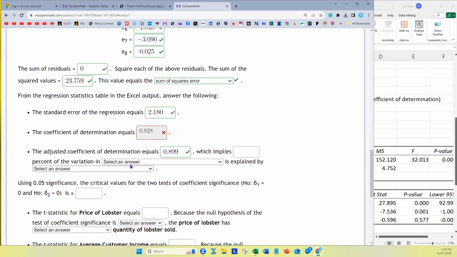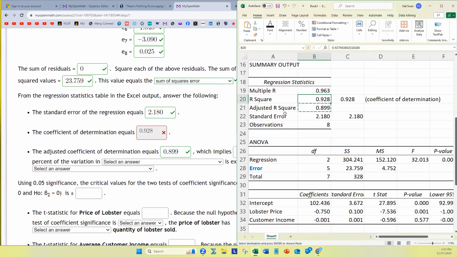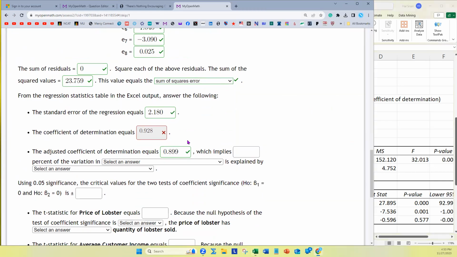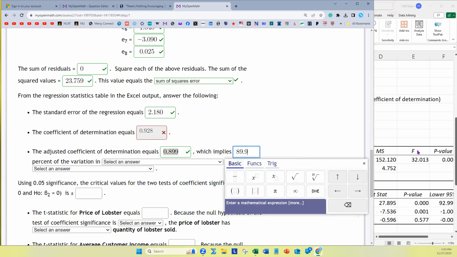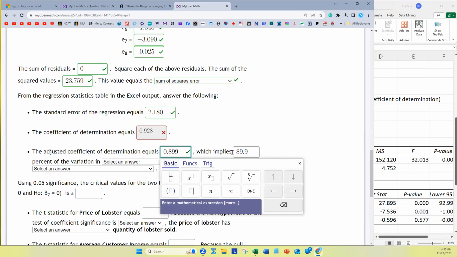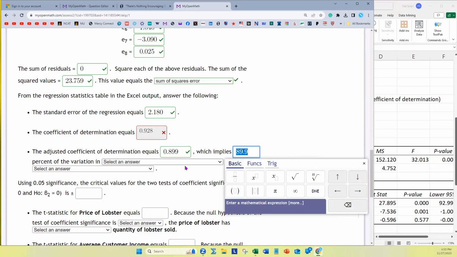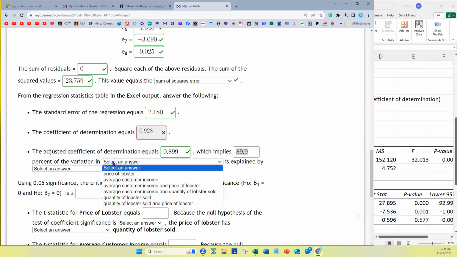Okay. Now, when you're interpreting the adjusted R square in multiple regression, or R square in simple regression, what you want to do is multiply this value by 100, right? So I got 89.9. I'm going to convert the decimal to a percentage. So this adjusted coefficient of determination implies that 89.9% of the variation in the thing that we're predicting is